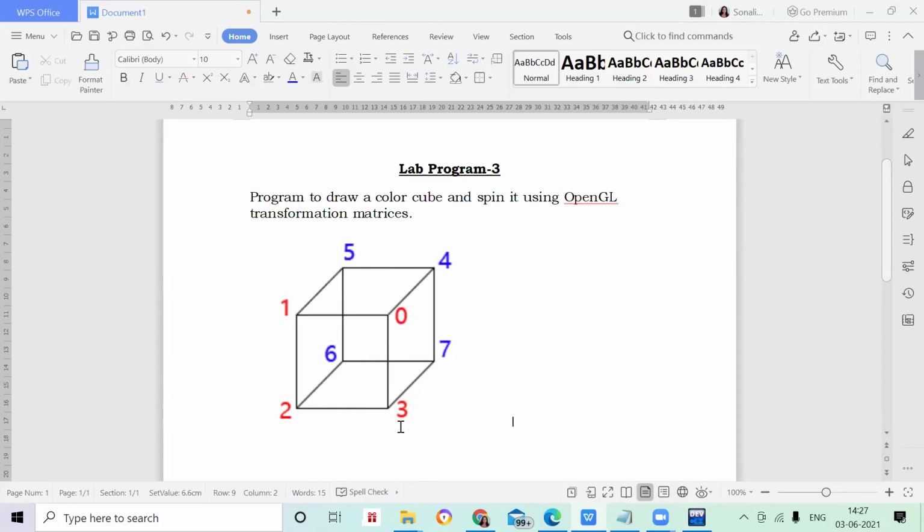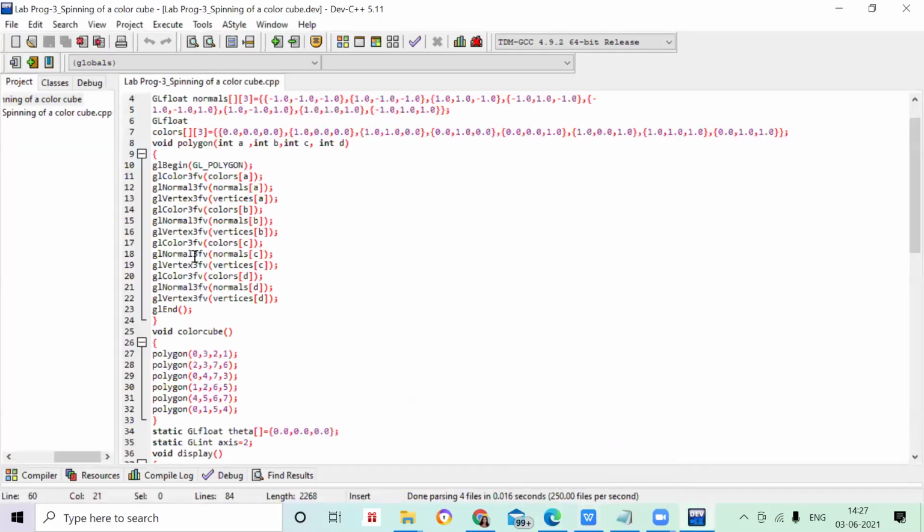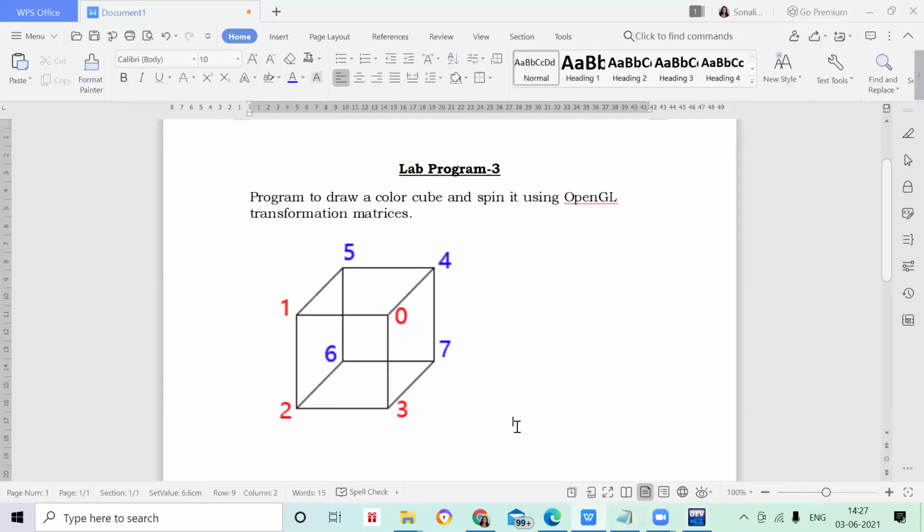So now I have to give the face names, whatever you can see in my program here. These all are my face names. Okay, you can see 0, 3, 2, 1. Just remember that. Now I'm going to write here. How am I going to write? What is the first face I'm getting? 0, 1, 2, 3. I'll just write down that. So 0, 1, 2, 3. That is my first face I got.